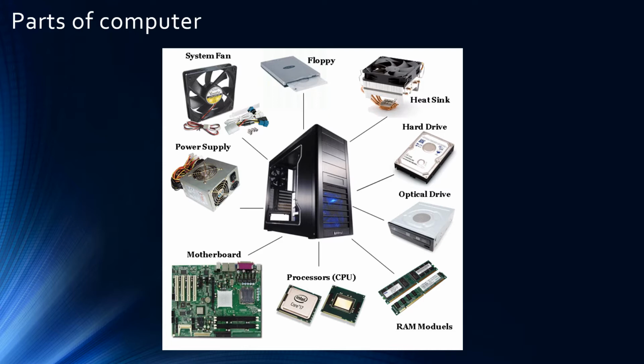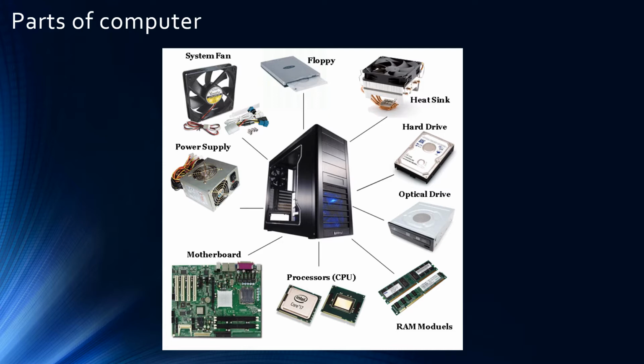However, the hard drive is very slow, so if every time the processor needs to access the hard drive to get data or to store data, it will be very slow. The performance of the computer will be slowed down. So we need another module which is known as RAM, random access memory. RAM is storage, but it's not permanent. However, RAM is quite fast, so the combination of hard drive, processor, and RAM modules makes the computer perform better.